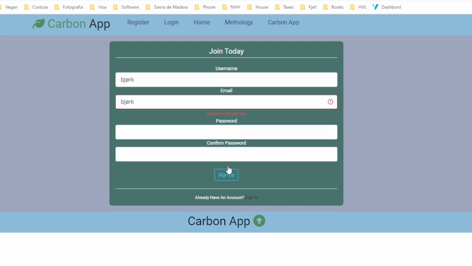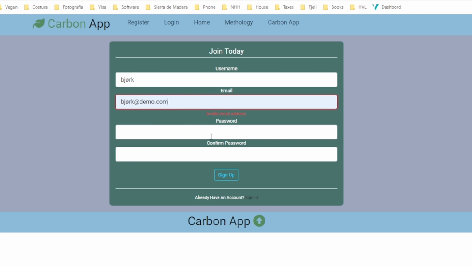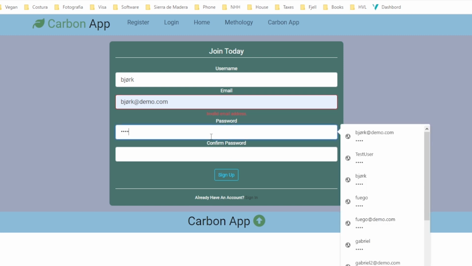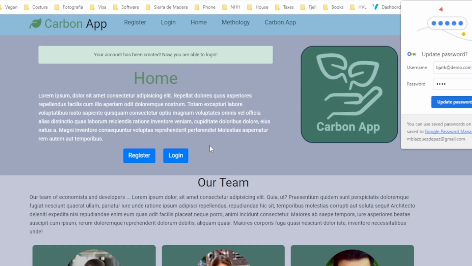If I introduce here to sign up, it's going to write here invalid email address, and this is super nice because it's helping the user to identify the mistakes, and basically this is violating the validation requirements that we have introduced in the first video. Then now if I fill all the fields correctly, if I submit here, we are redirected to the home page and we have